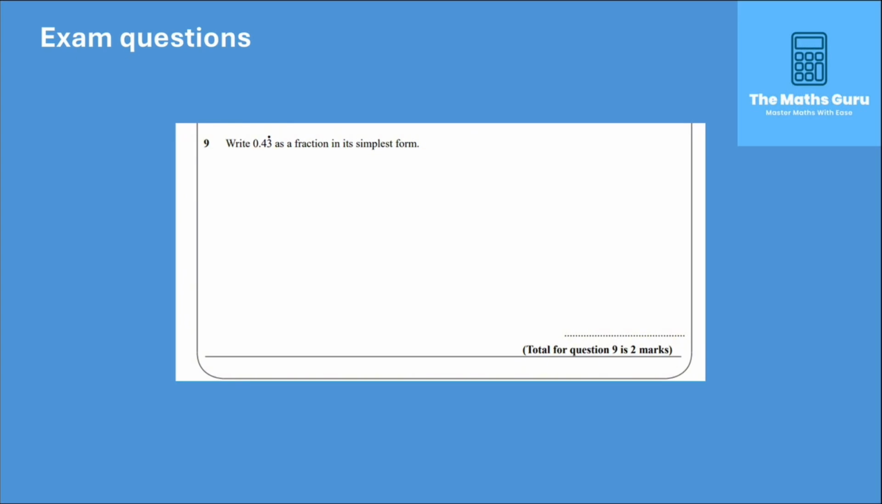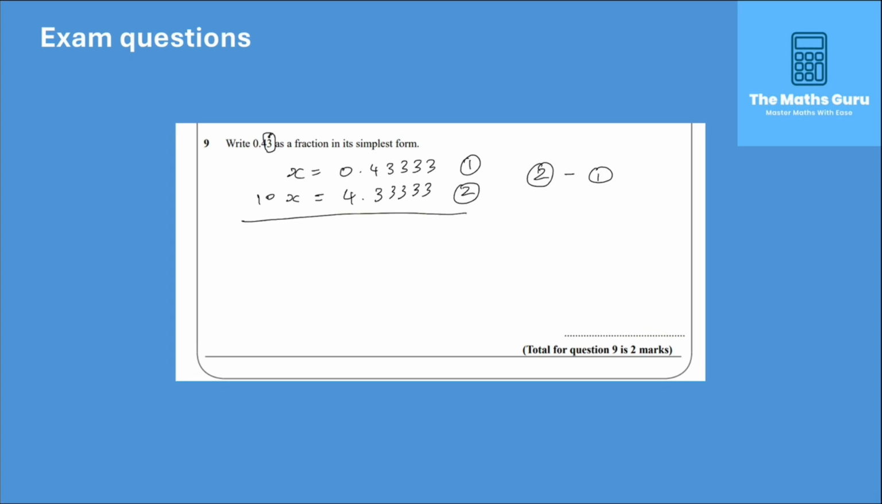It tells us to write 0.43 as a fraction in its simplest form. So the way I'll go about this one is to assign x to be 0.4333. We notice that there's only one digit recurring again, the 3. So we times by 10. So we get 10x is equal to 4.33333. This is our equation 1. This is our equation 2. We do equation 2 minus equation 1 to get 9x is equal to